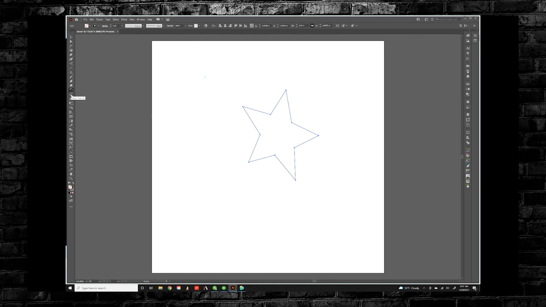Scale tool I do not use for the airbrushing. Free transform I do not use. Shape builder I do not use. Perspective grid, it puts the grid up for perspective. If you're wanting to do something in perspective, you can turn it on. Mesh tool is similar. Gradient tool, again, your plotter cannot see gradients, so it's a useless tool for the airbrush